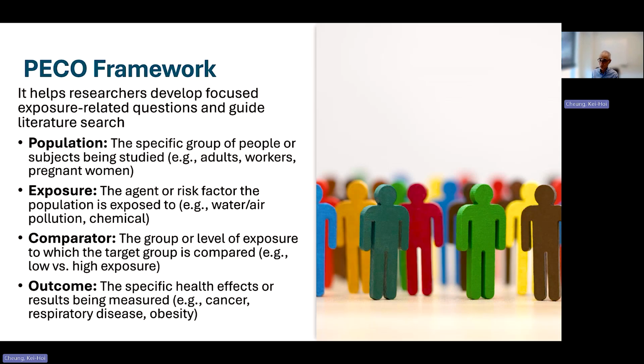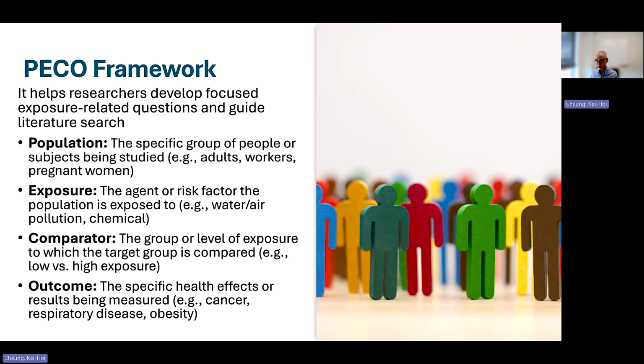What type of exposure, what agent of exposure is of research interest? In our case, it is water pollution, but other cases could be air pollution or other types of chemical exposure. Some studies may have a control population versus some experimental group, so we can also potentially extract that type of information from the literature.